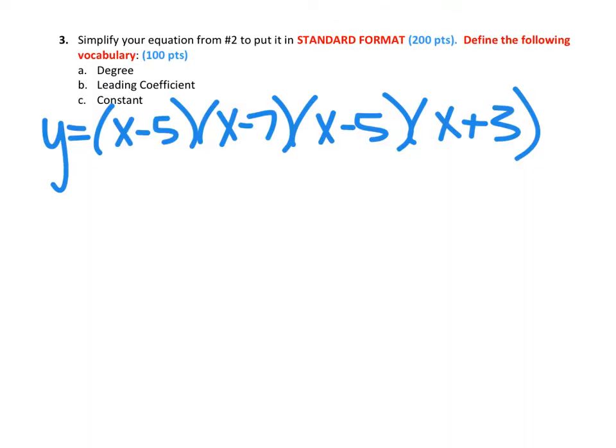Now the third element is worth another 300 points. The first 200 points is putting this in standard format. You're going to notice I have this back in the longer version where I don't have my x minus 5s combined as a squared. Because I do have to put this in standard format, it does take a little bit